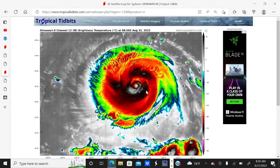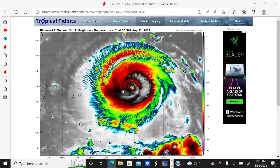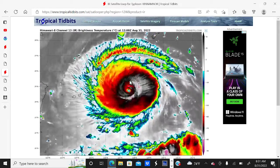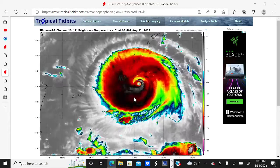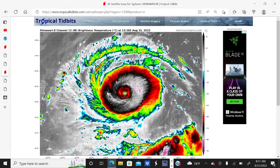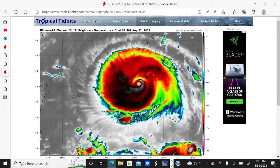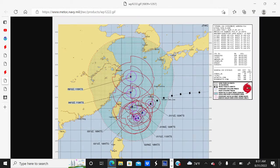Now, taking a look at Typhoon Hinnamnor, it has weakened a little bit from yesterday, and now has winds of 125 knots, or about 145 miles per hour, the equivalent of a Category 4 hurricane. It continues to move southwest towards the Japanese islands and is still expected to bring major impacts to these islands over here. Looking at the official Japanese equivalent National Weather Service forecast track,